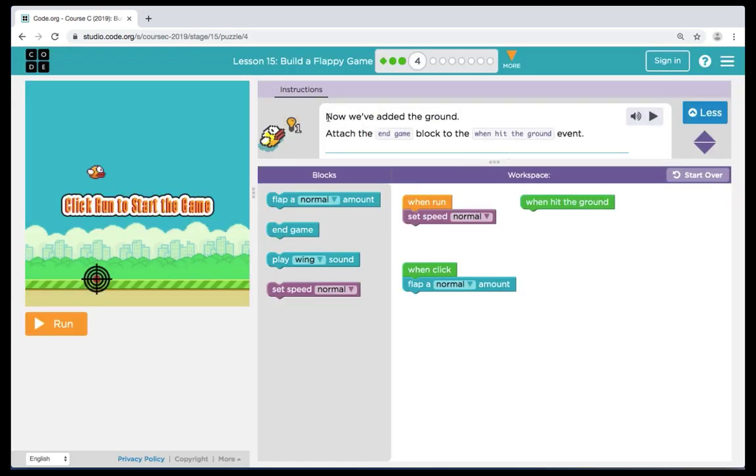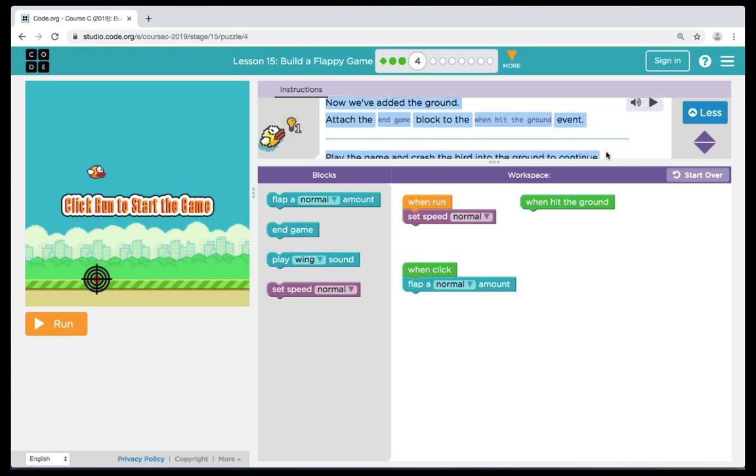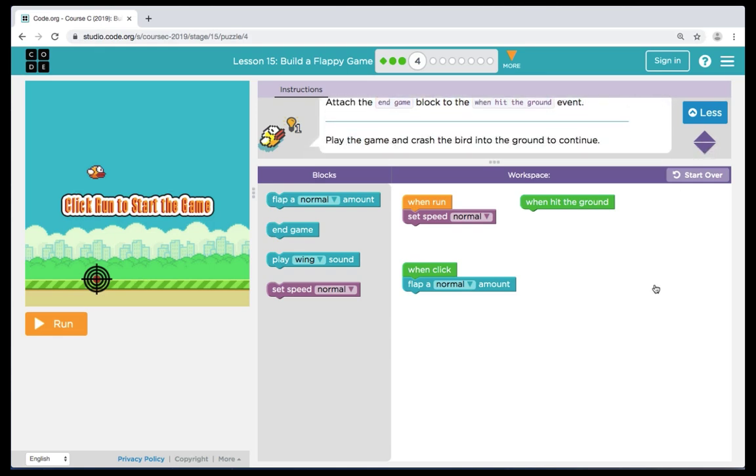Here in puzzle 4, we have a new event that says when we hit the ground. When we hit the ground, we want the game to end. We see right now we have a couple commands already in place. We have a set normal speed and flap a normal amount. They are connected to the when run and when click blocks. We're going to bring over a play wing sound to the click and an end game command to when we